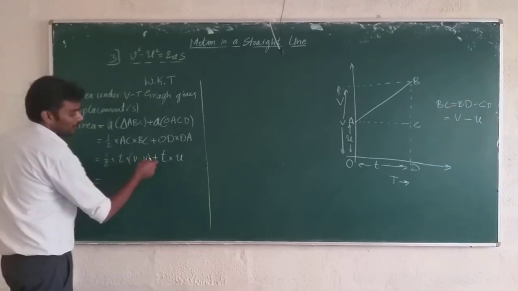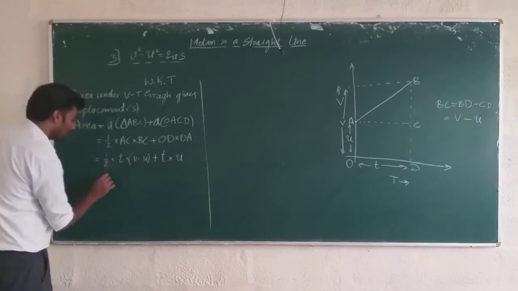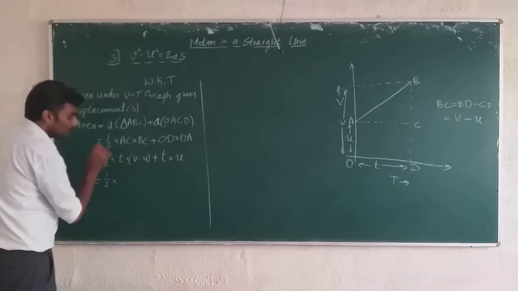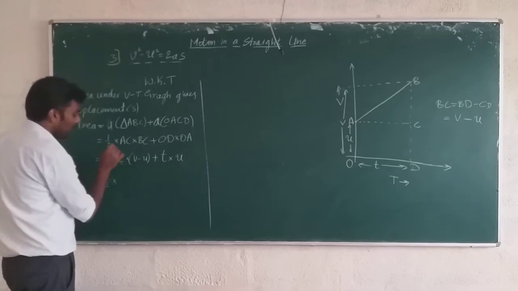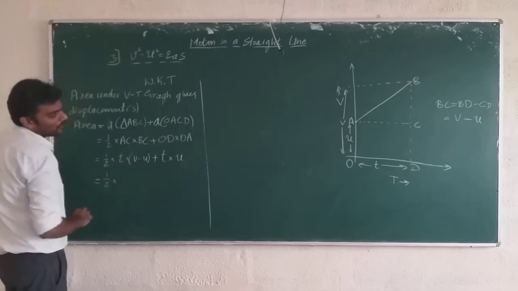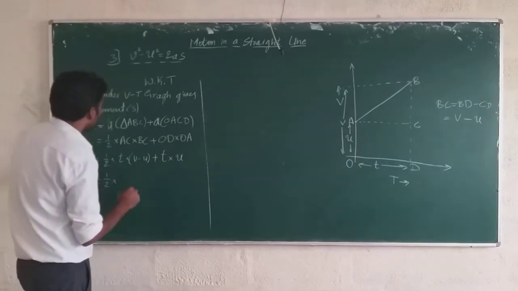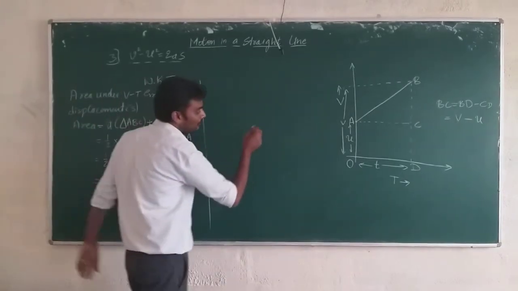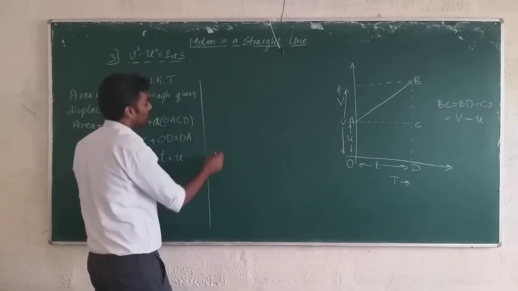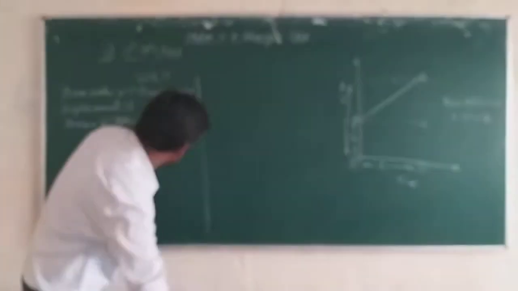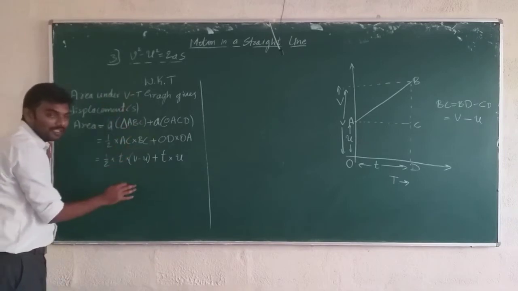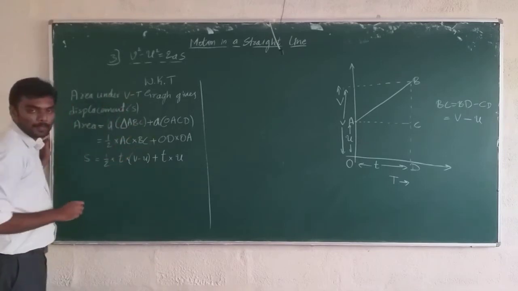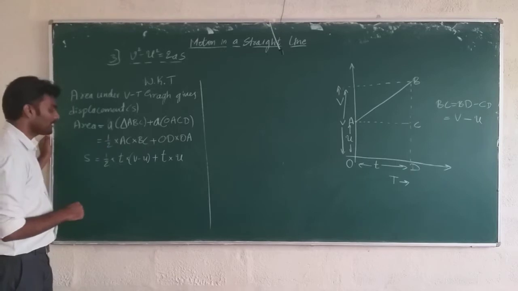So now, let me keep half as it is, into, look at this, here I have t, just a small substitution. Let me write the equation from the first equation of motion, in the continuation part itself. And what is the total area under the curve? It is S, isn't it? Total area under the curve is S.